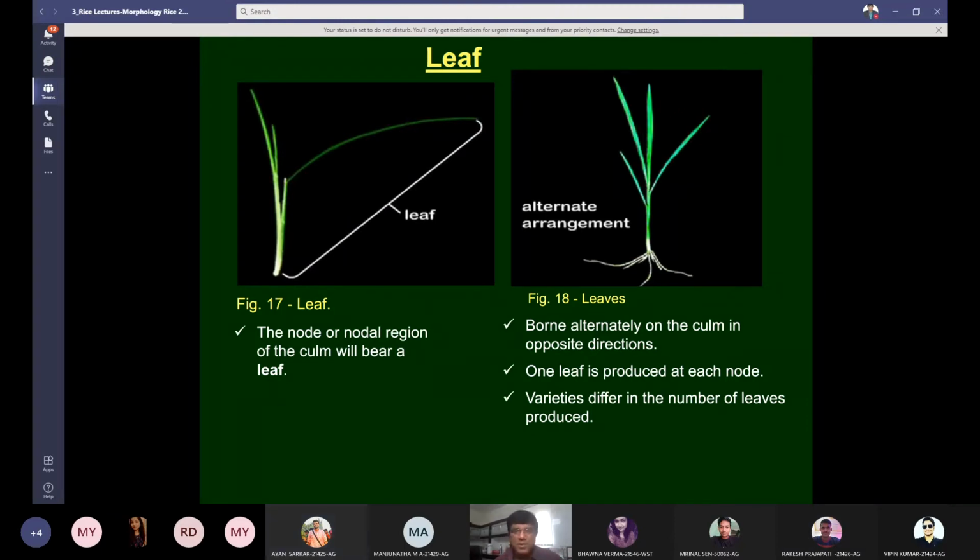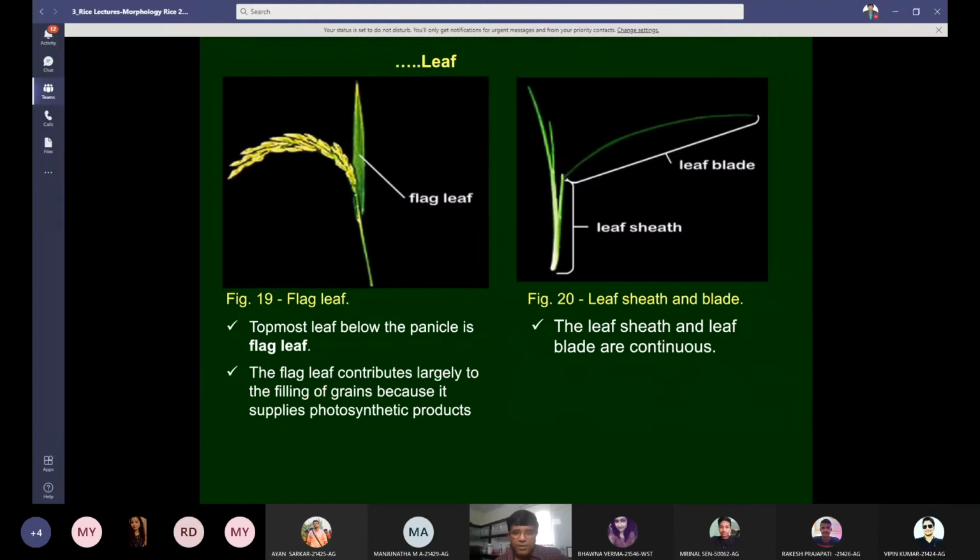Okay. I just wanted to gauge your general knowledge. Actually there are 15 to 20 leaves, not 200 or 100 or 350. There are only 15 to 20 leaves on the rice plant, and the variety varies.